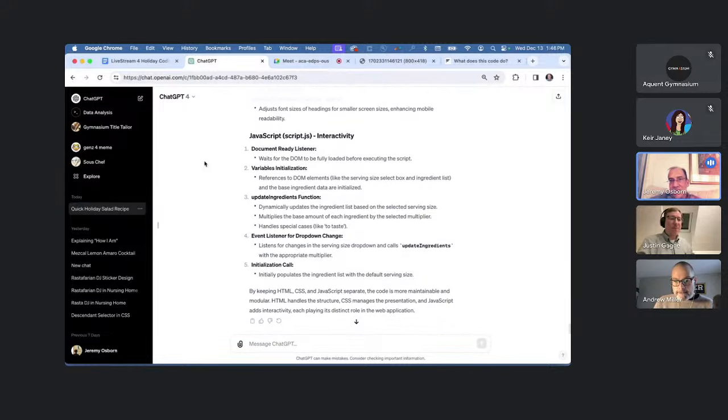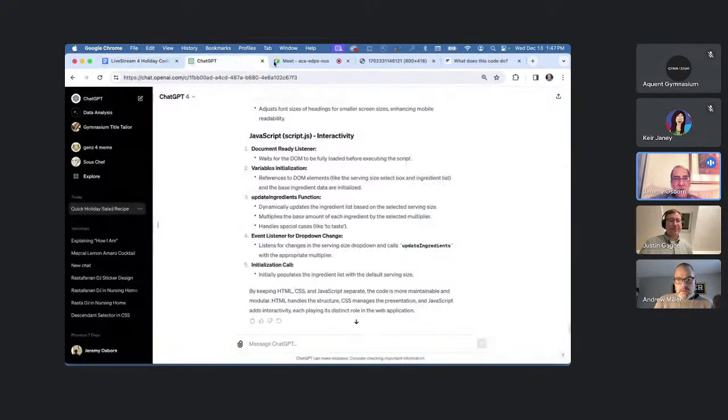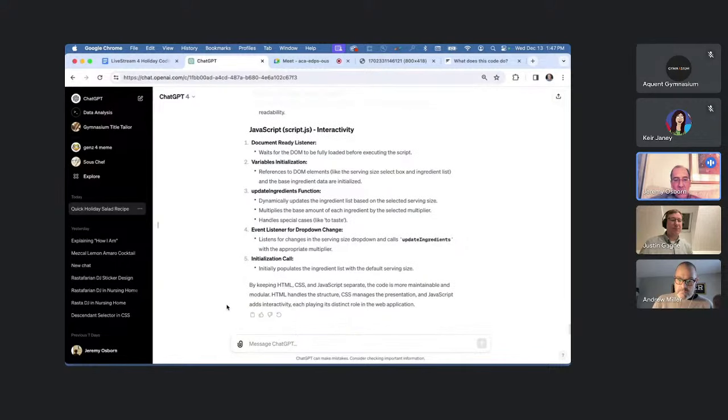Now, we've still got a little bit of time, which is awesome. We didn't run into as many train wrecks as we have in the past. So we've explored what I would call maybe some of the icing on the cake, some other things that we could do with this code. There's a whole bunch of things that one tends to do once one has a working piece of code like this one. So one thing we could do, for example, is ask this to substitute the font